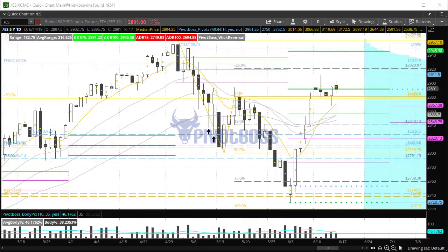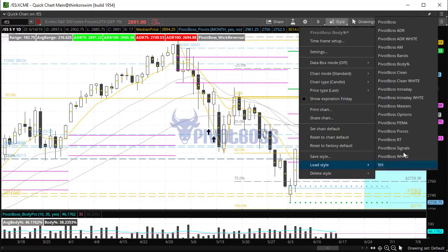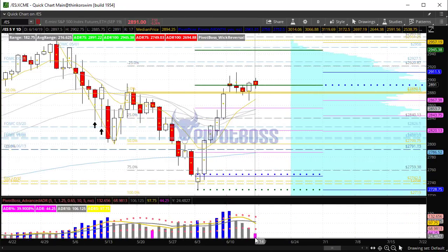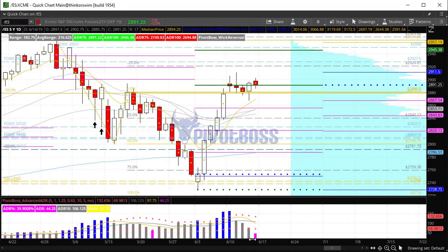Here's a look at the daily time frame of the ES. We continue to trade within the 5-day narrow range that's developing. You can notice down at the bottom the PivotBoss Advanced ADR indicator showing a compression signal over the last 5 days. Very, very typical after the rally that we had to begin the week of the month,